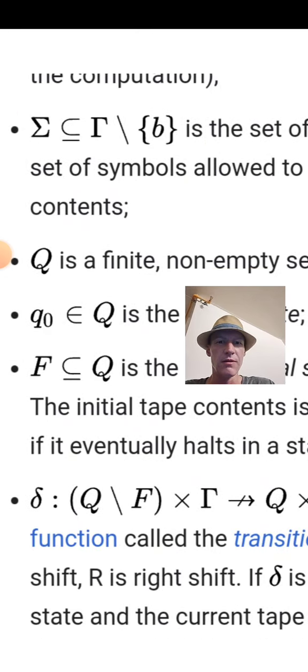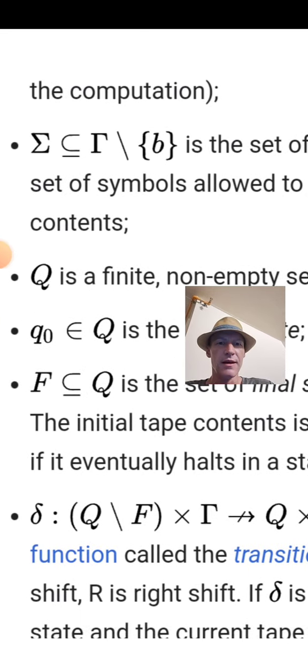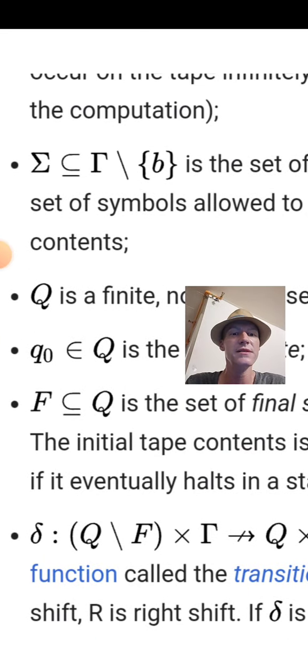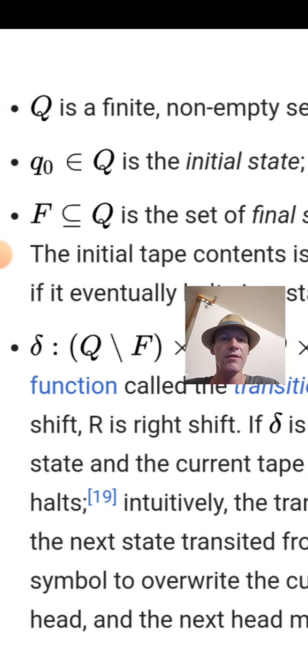Right, and then what else? You've got your other symbols that go on the tape, other than blank. That would include 0 or 1, the quintessential one, or A or B, up or down. You need at least 2 symbols to do anything meaningful, otherwise you just have a tape full of nonsense. Q is a finite non-empty set of states, so that's the set of states your machine can be in. Q0 is the initial state, and F is your halting states, the states it'll accept on.